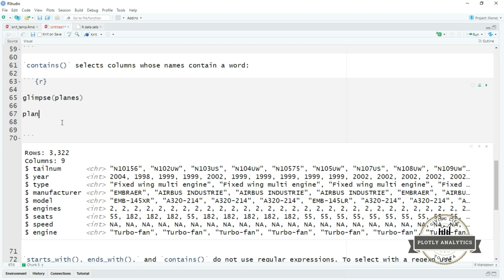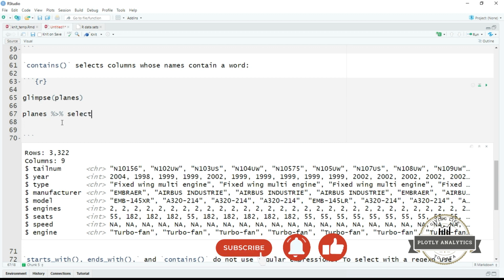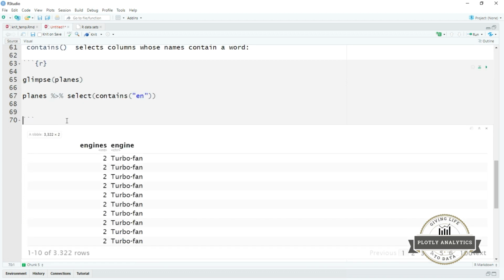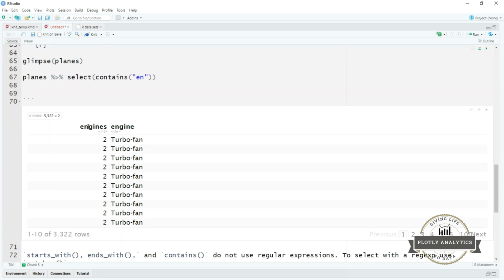So planes, select, contains, and what it contains is the character combination en. Okay, so if I execute this, then it gives me the two columns which have the characters en in them. Okay,